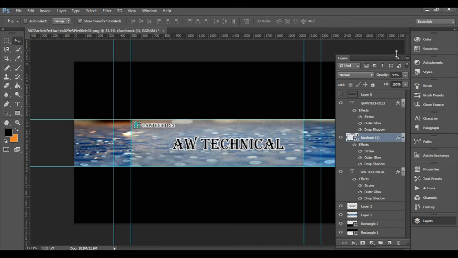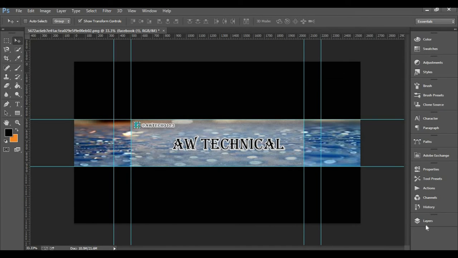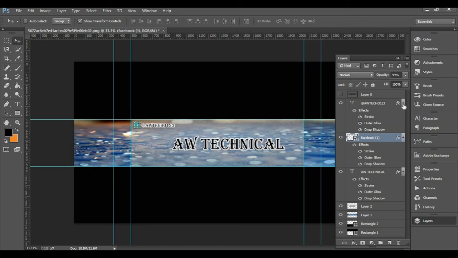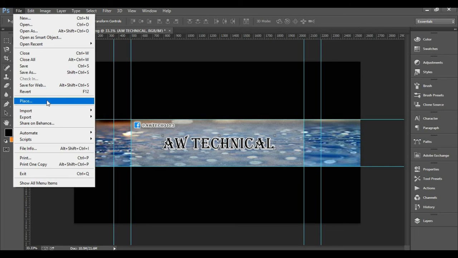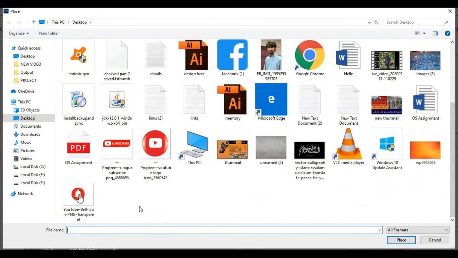Guys, once you have done this, now let's add the icon of YouTube, subscribe and bell icon as you want. You can add. Adjust according to your requirements. Now I will add the icons of subscribe and bell icon in PNG form.